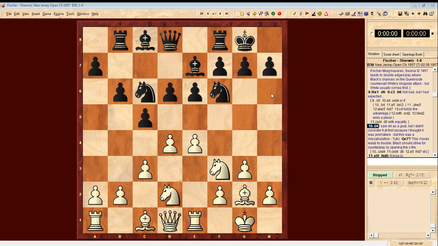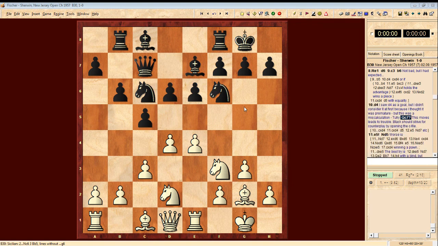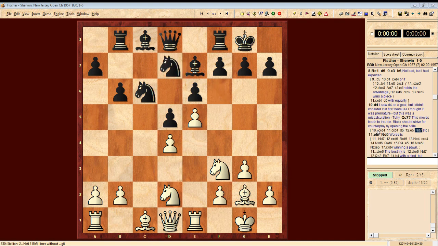And then Sherwin plays queen to c7. And Fischer labels this a mistake, and he says, this move leads to trouble. Black should strive for counterplay by opening up on the c file. He suggests instead, as an alternative to queen c7, c takes d4, c takes d4, d5, e5, knight d7, and says, etc. And he says, by opening up the c file, black should try to get his rooks on that open file